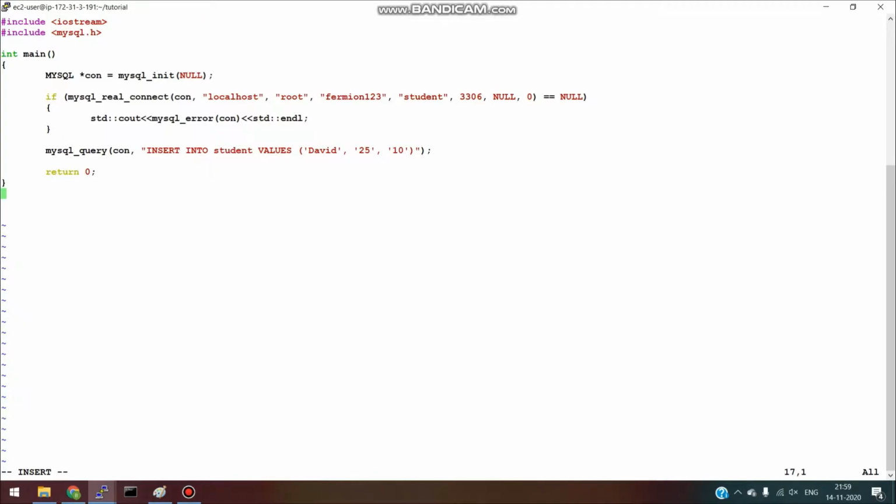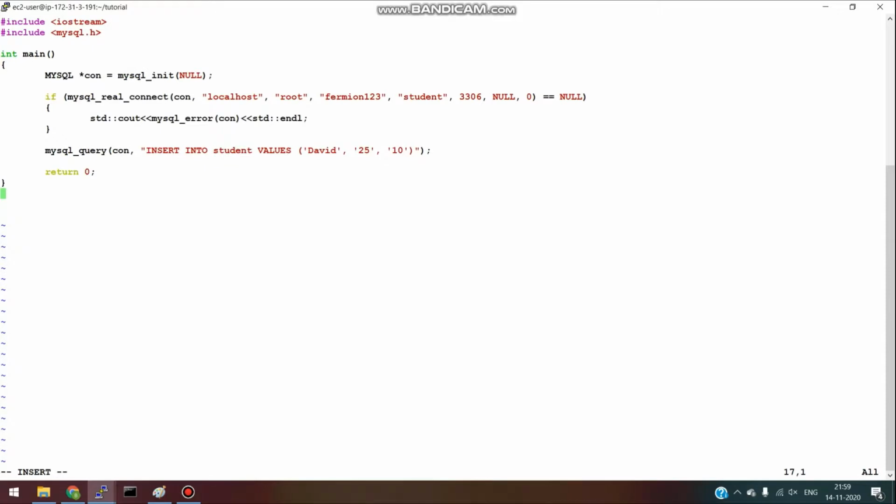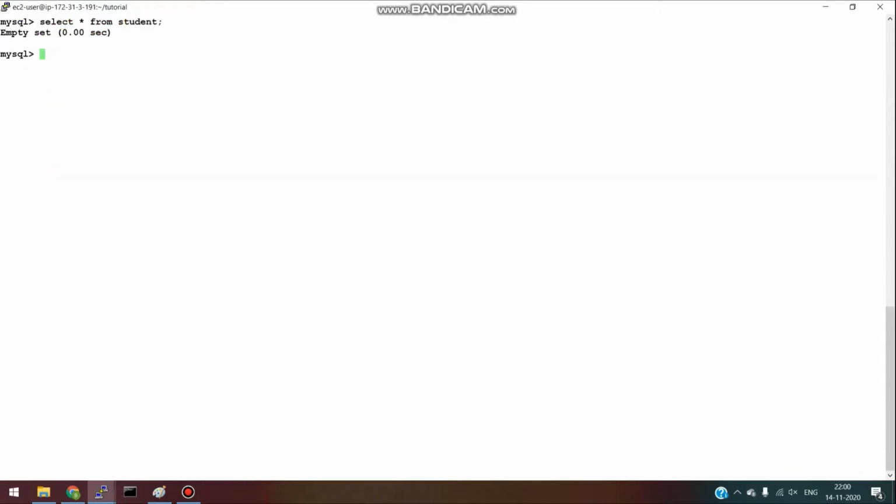Let's see. So let's print. You can see that this student table is empty. When we run this program, we will see the data here.